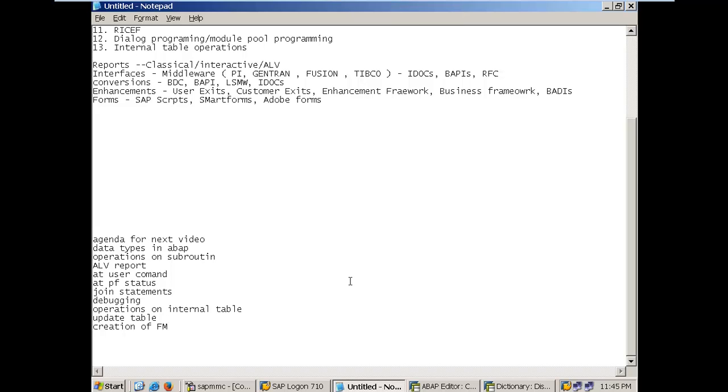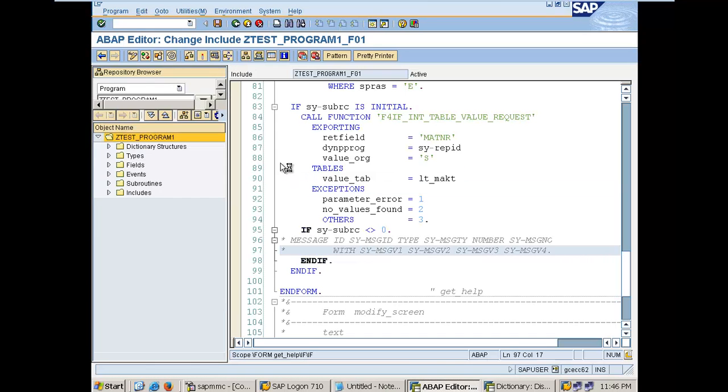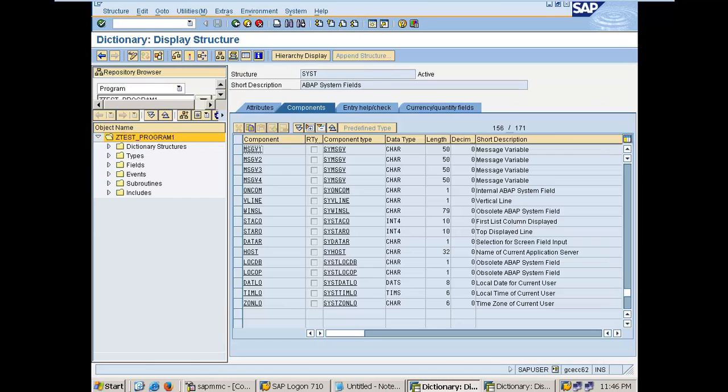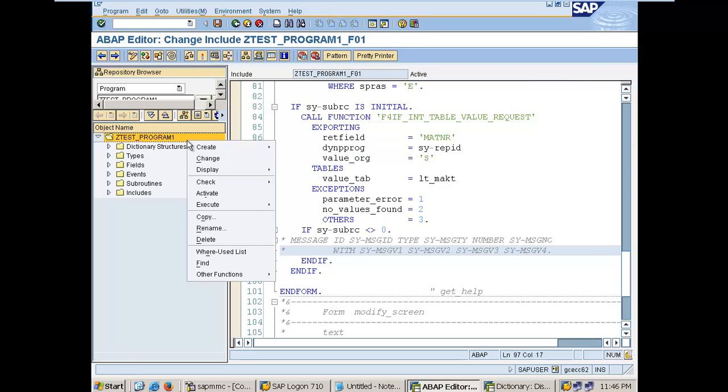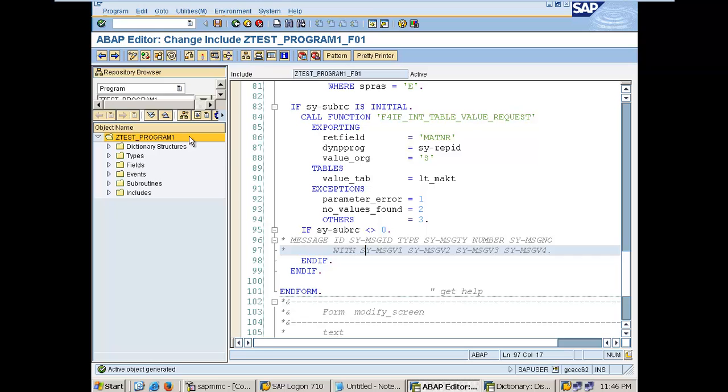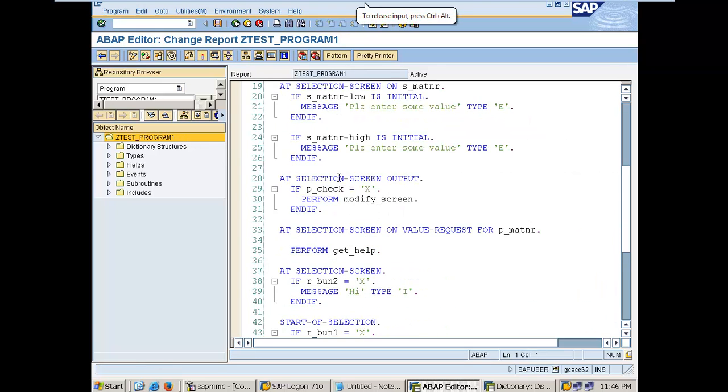Now we know what an interactive report is. Now we also know what an event is, basically at selection screen output. We also know how to call a dynamic value request at runtime. And obviously we know how to create a report, how to create a subroutine, how to call a function module. So now we know a couple of things in reporting, and we'll continue from here tomorrow